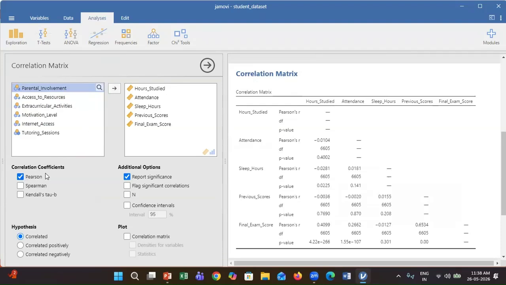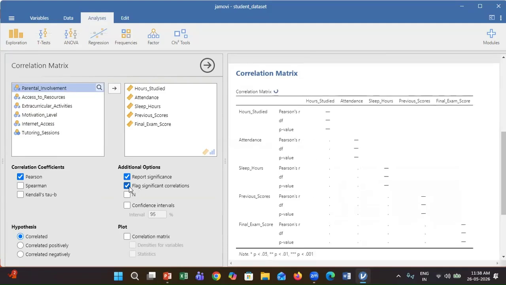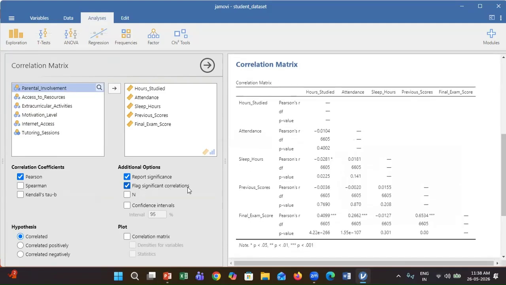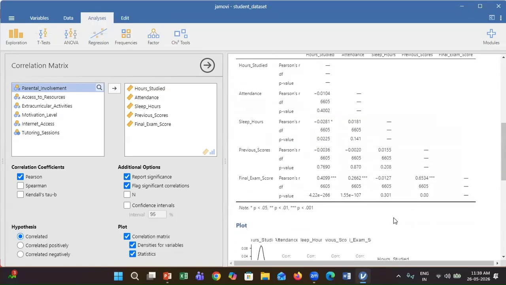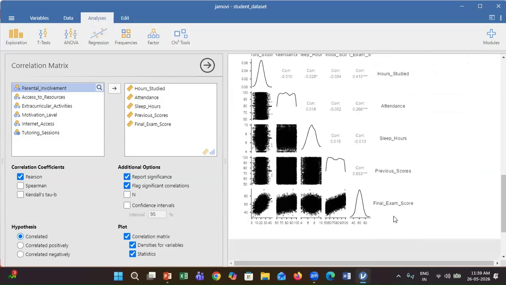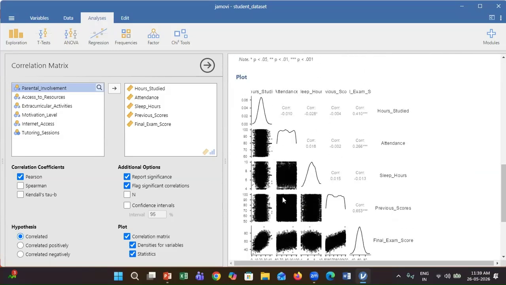I will see that correlation coefficient is ticked, and I will also select flag significant correlations. The matrix displays the correlation between every pair of variables. Rows and columns intersect to show the correlation coefficient. An asterisk indicates statistical significance. You can see all possible correlations.